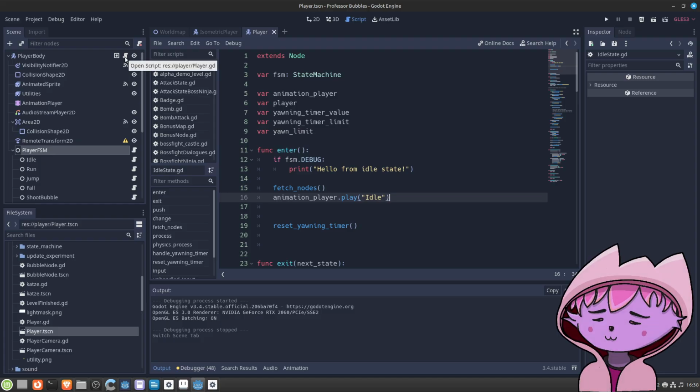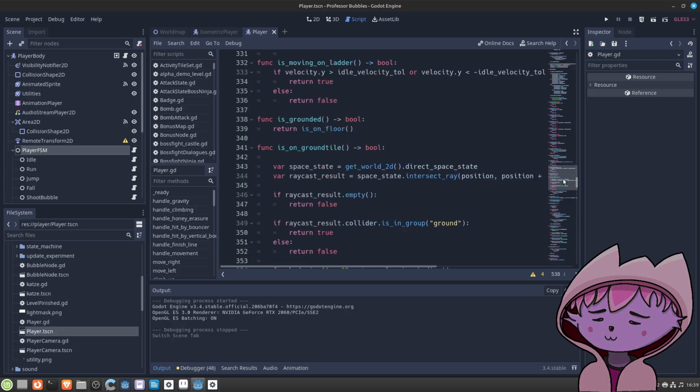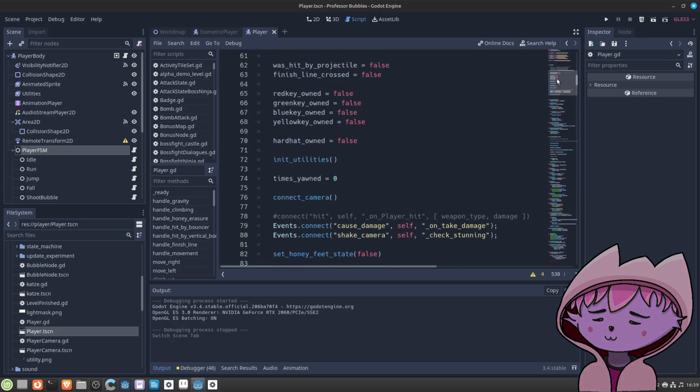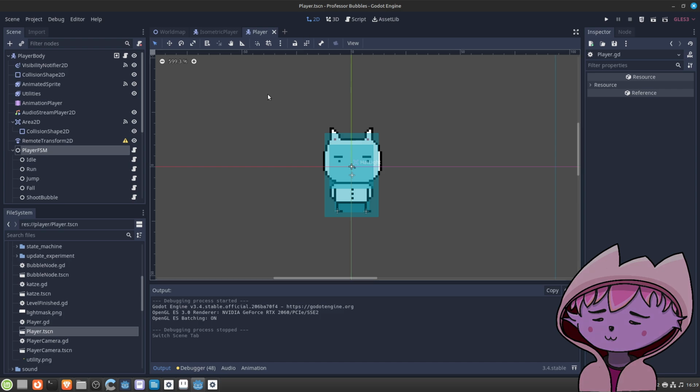I was in lots of trouble, and of course, this code is also not that nicely organized. There's a whole lot of stuff there, but that's very typical of me. I'm worrying a lot.